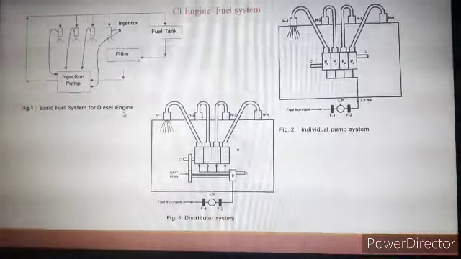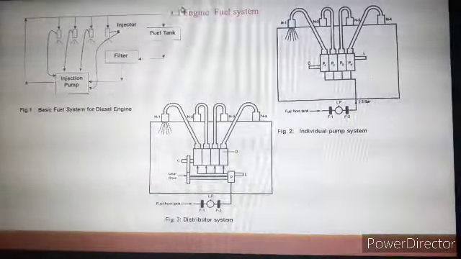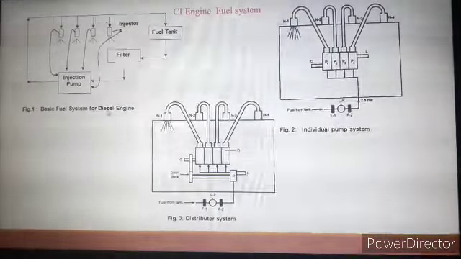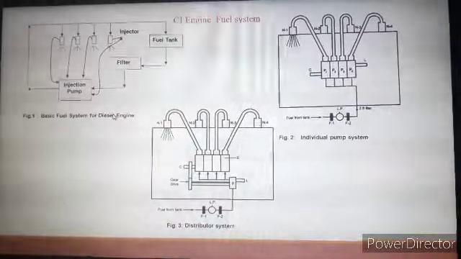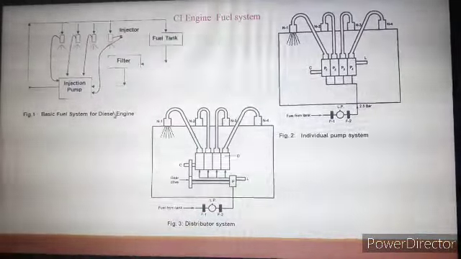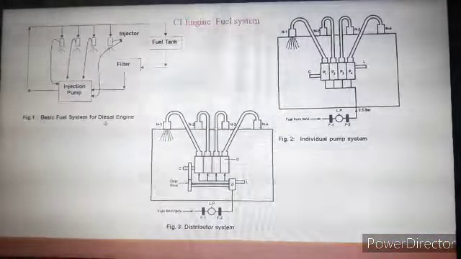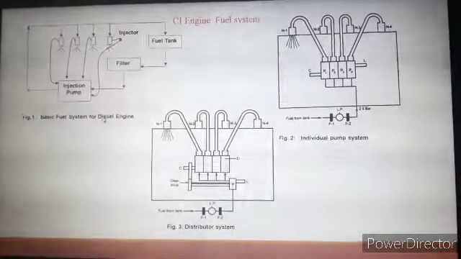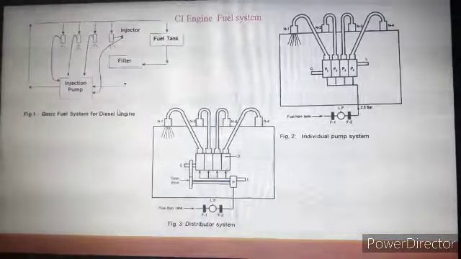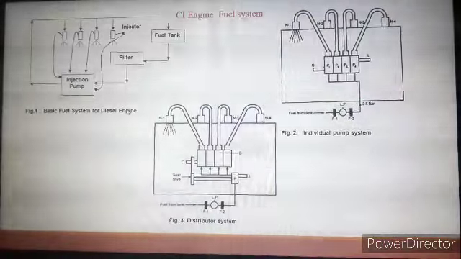So during compression, in case of diesel engine, the air taken inside the cylinder is compressed, whereas in case of petrol engine, the fuel mixture taken inside the cylinder is compressed. Again, during power stroke, or at the end of compression stroke, in case of petrol